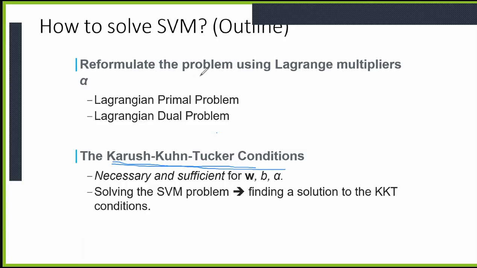So when we try to formulate the problem, we know that we can formulate it as a Lagrangian, using the Lagrange multiplier. Now the objective function is quadratic, which we're trying to